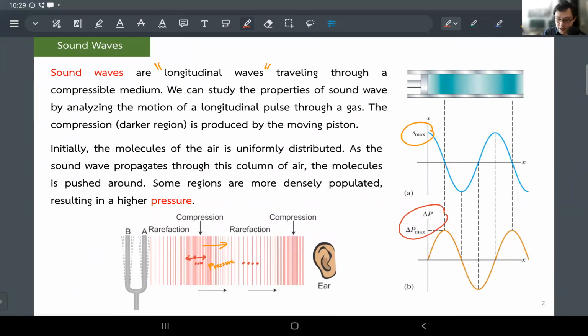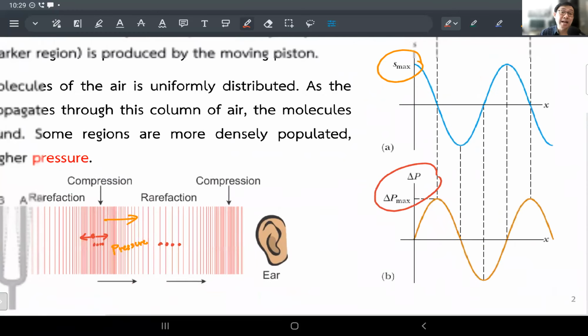Okay. But no matter what, the complication that you might find in the textbook is they try to come up with a description of that pressure change. And they're going to discuss the phase difference, because you can see that the form of the wave looks like the blue, and you shift the blue to the right a little bit. We don't want to deal with this too much, because I would have to introduce to you how you can calculate the pressure. This is just to remind you what it means when telling you the position on the wave. You can see that these two waves, the blue and the orange, have a phase difference, okay, with me,